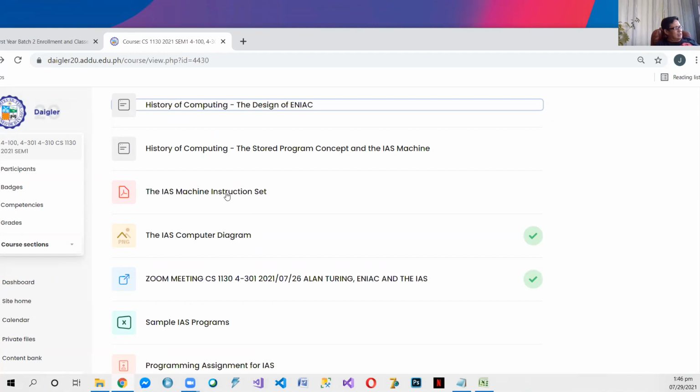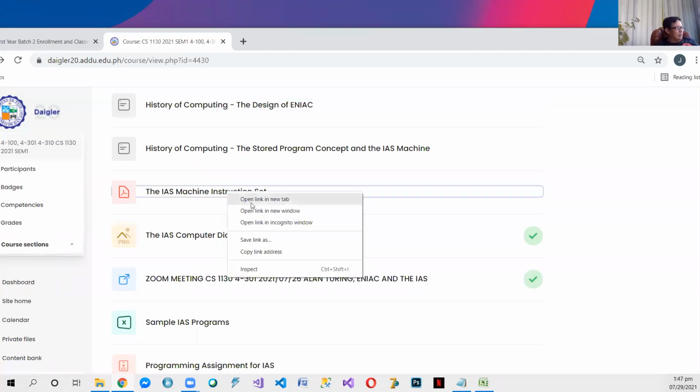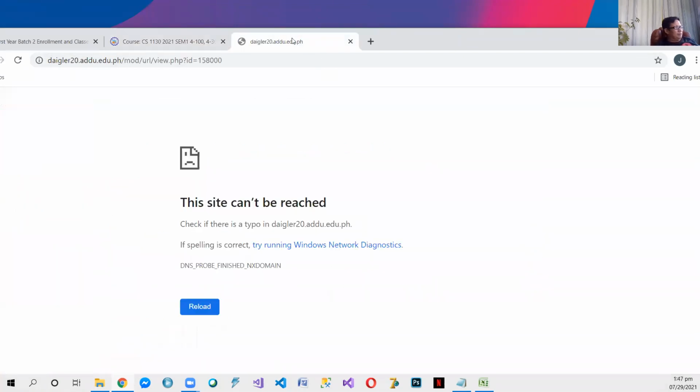The IAS is a computer, short for Institute for Advanced Study in Princeton. Remember, this is the same school where Alan Turing did his PhD in math. It's also the same school where the IAS was invented by John von Neumann, who was also a mathematician, physicist, and inventor. He invented the IAS computer. Before we look at the diagram, let's look at the